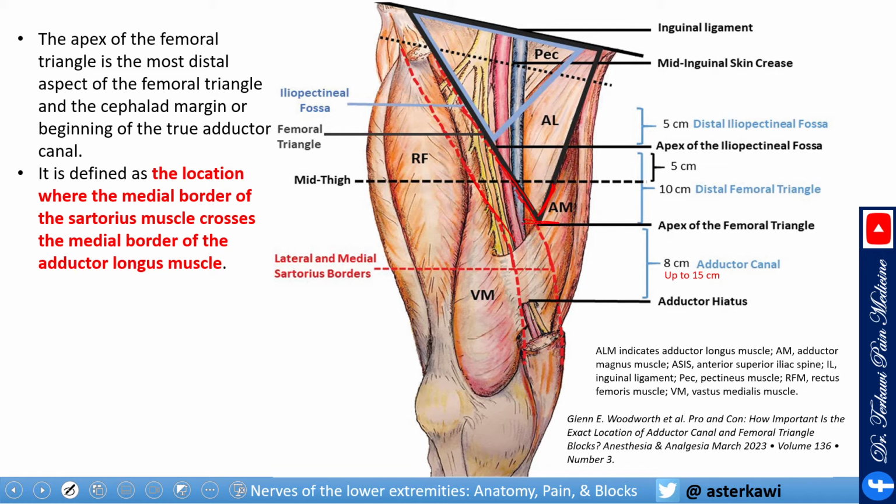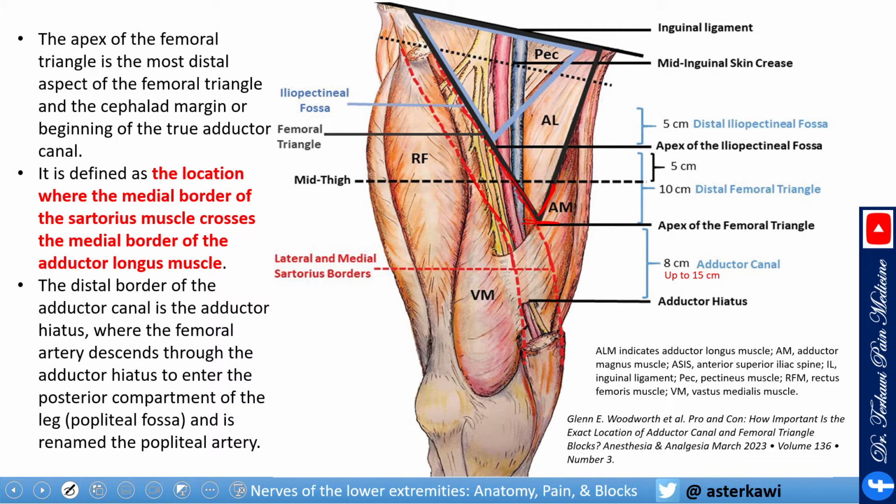Here we have the end of the femoral triangle and the beginning of the adductor canal. The distal border of the adductor canal is the adductor hiatus right there, where it's also important that the femoral artery descends through the adductor hiatus to enter the posterior compartment of the leg, the popliteal fossa, and is renamed as a popliteal artery. Now, if you put your ultrasound here,